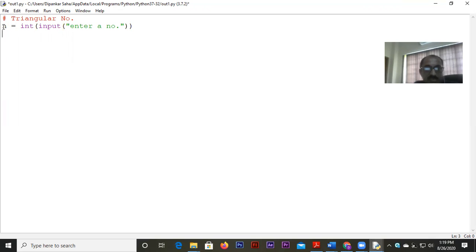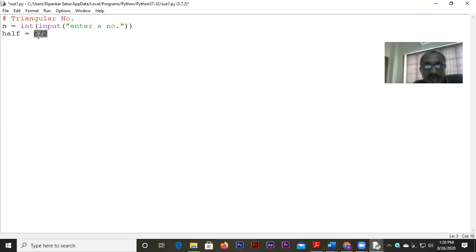Once again, if you remember, when I tried to find out perfect numbers and factors of a number, we found out half the number. Here also we use the same technique. First find the half of the number, which should be n by 2. But if you remember, I always told you, whenever you use the front slash to divide, this kind of division always means a decimal division. The result will always come in float.